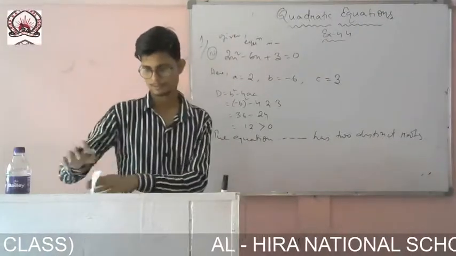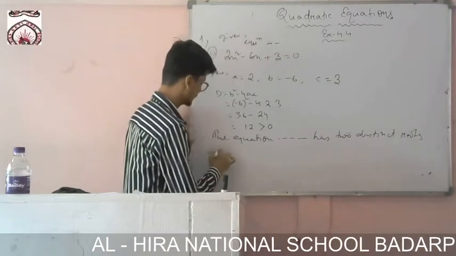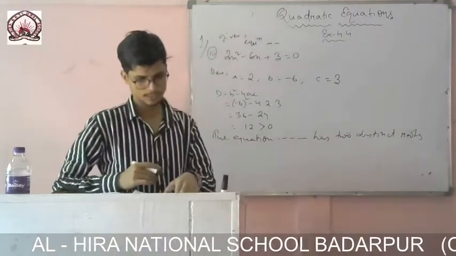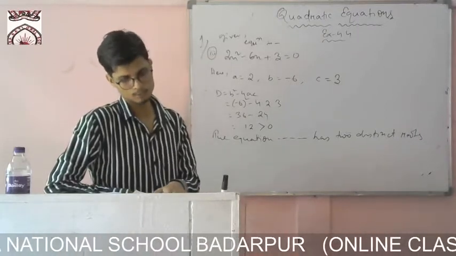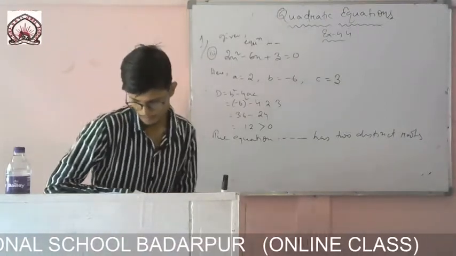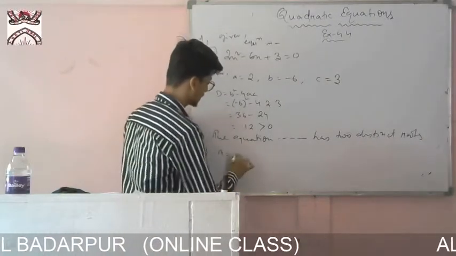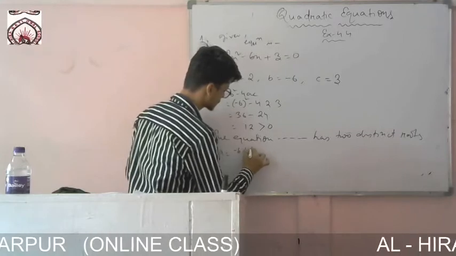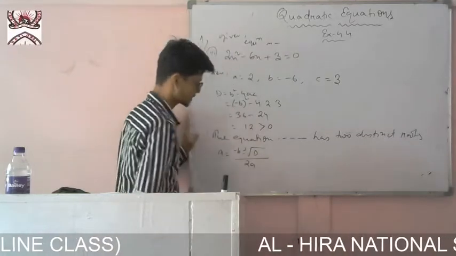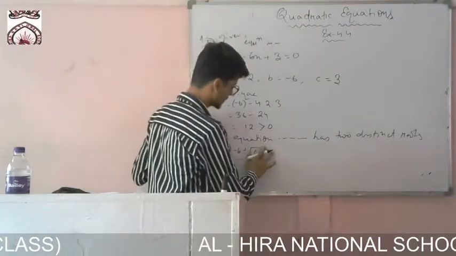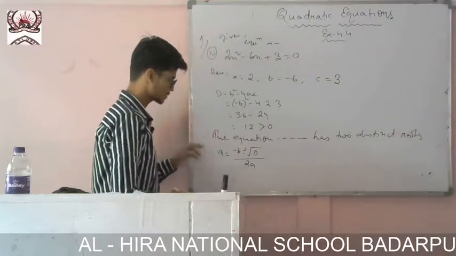The upper one I will show later. Now I have to find the root. The question actually says that not only the nature of the roots, but you have to find the roots also. So x will be equal to minus b plus minus root over D by twice a. So this is the formula. We have not found the roots in the earlier ones, so we will find them in this one also.